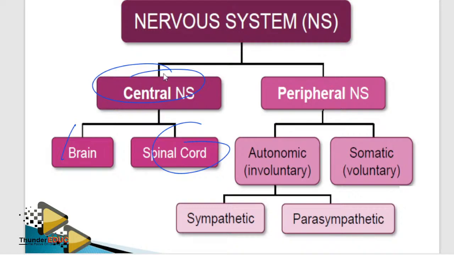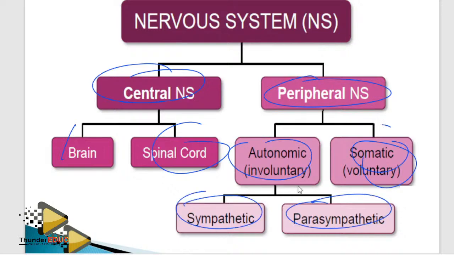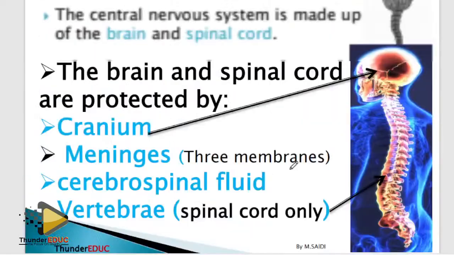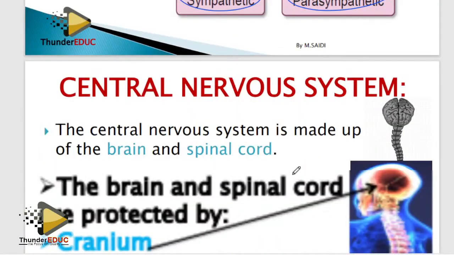So you have peripheral, which means sides. So you have autonomic nervous system and somatic. Autonomic nervous system, you have the sympathetic and the parasympathetic. Sympathetic prepares you for emergency. Parasympathetic brings the situation back to normal. Sympathetic works together with adrenaline. So basically, that's what you need to know there. Know if they just bring the labeling.